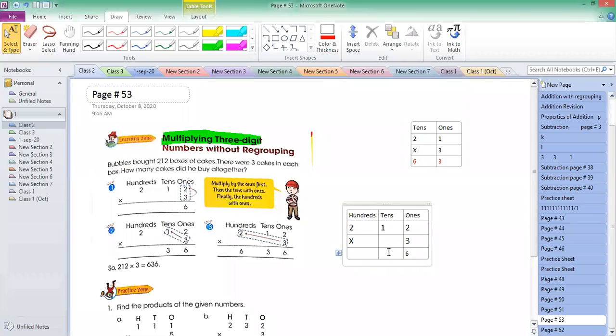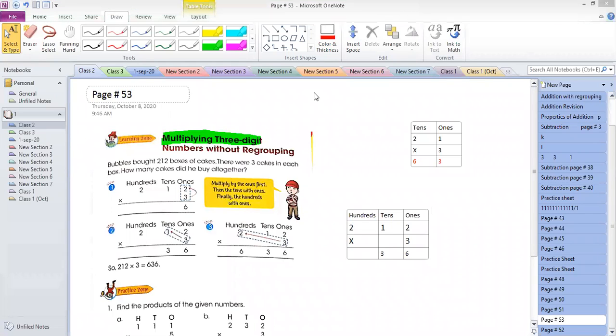3 multiplied by 1 equals 3. Okay. Now it's time to multiply this 3 by this 2, which is in the hundreds place. This ones by the hundreds place. So 3 multiplied by 2. 3 multiplied by 2 is equal to, yes guys, 3 multiplied by 2 is equal to,